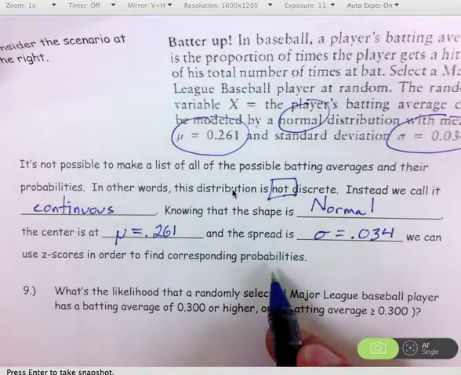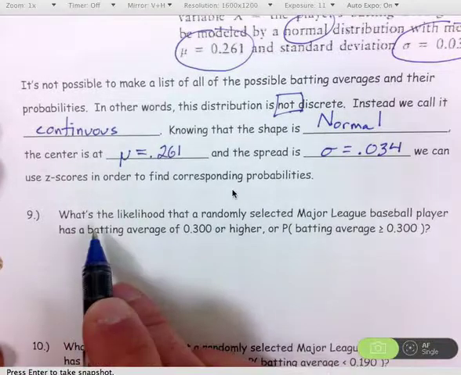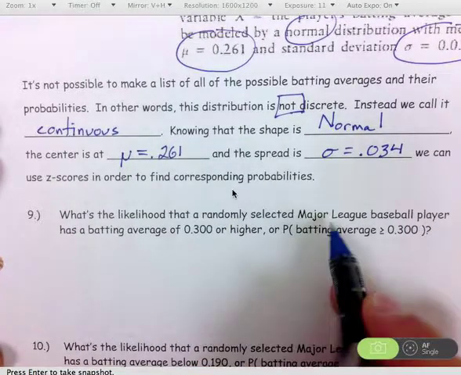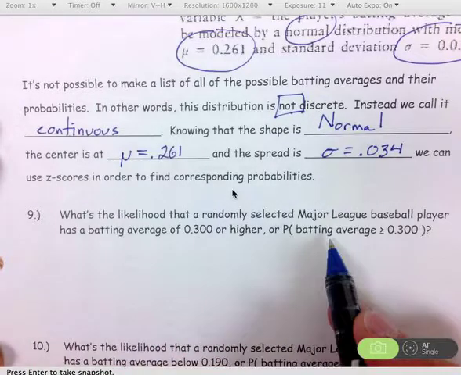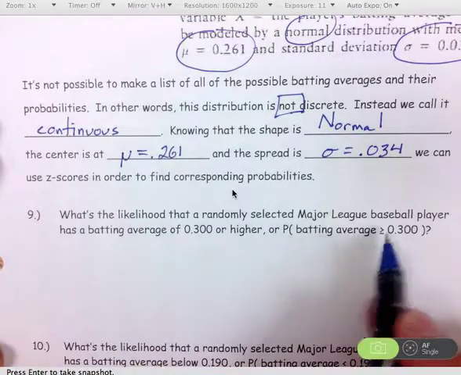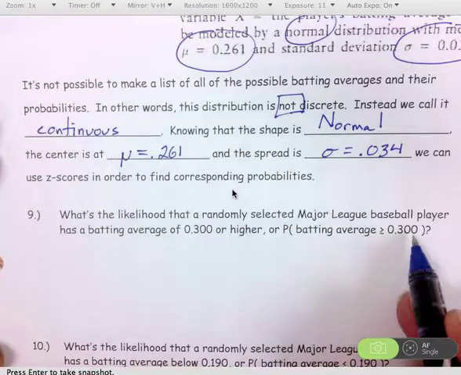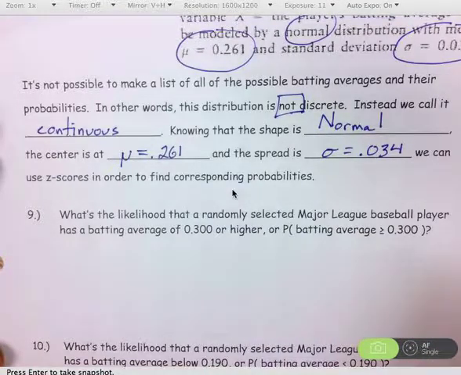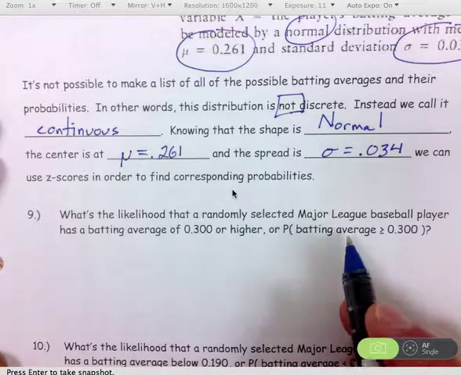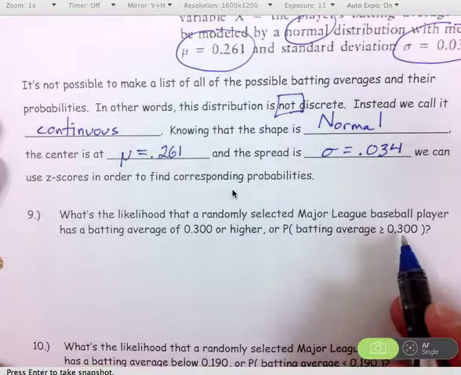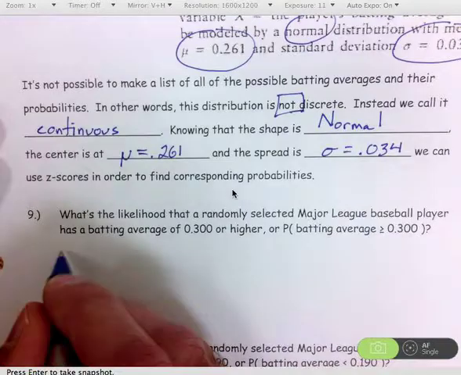of outcomes. So our first question is, what's the likelihood that we randomly select a Major League Baseball player and their batting average is 0.3, is 300 or higher? So the probability of a batting average that's greater than 0.300. For the record, this is a decent batting average for a Major League Baseball player. So how likely is that? And the way we can calculate that is by determining what percentage of outcomes in this distribution will be at 0.300 or higher. So the way to do this is to take that 0.300 and first convert it into a